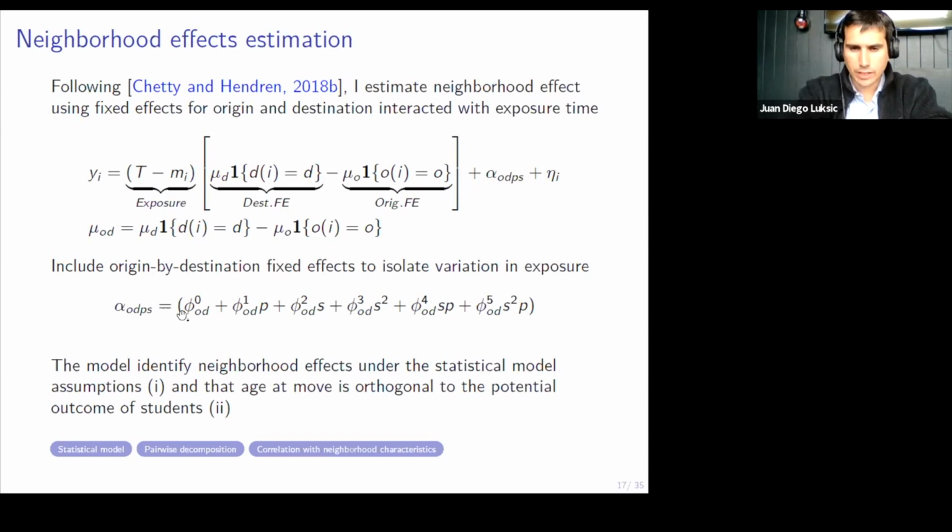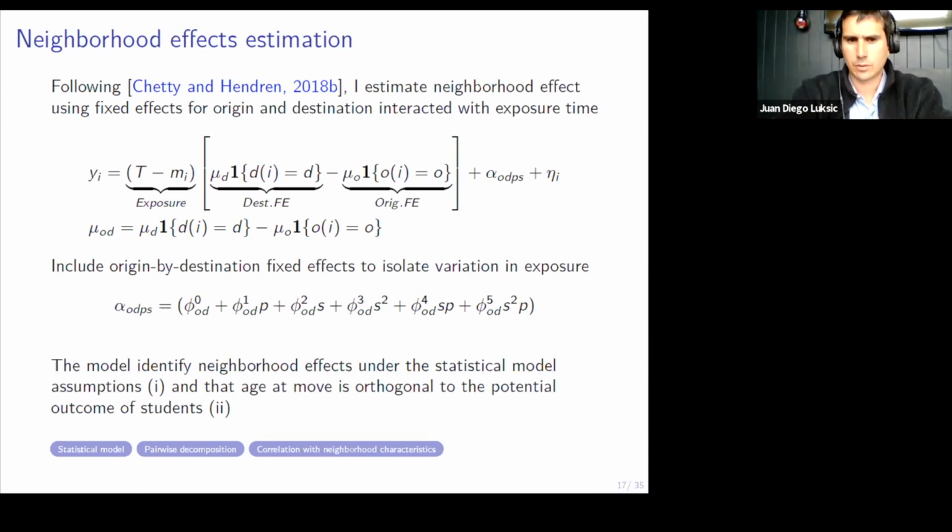Because of time, I won't get into much detail about this specification, but with the intuition, you get an idea that what I'm using is the timing of exposure. And this specification, as you may think, requires two assumptions. First is about the statistical model assumption, that the neighborhood effects are linear and constant in time. But the other that is very relevant is that the age at move is orthogonal to the potential